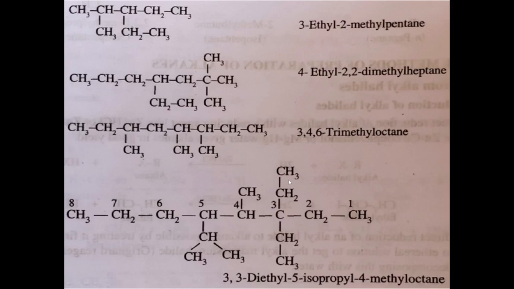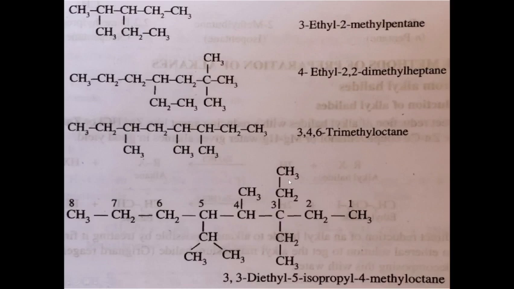Next let us discuss the structural isomerism in alkanes. Alkanes show structural isomerism. Structural isomerism means the hydrocarbon chain structure varies with the same molecular formula. Okay, so here we have a compound of molecular formula C4H10. So we have to have 4 carbon atoms in the structure and 10 hydrogen atoms also present in the structure. So we write 4 carbon atoms initially, and then give the hydrogen atoms.